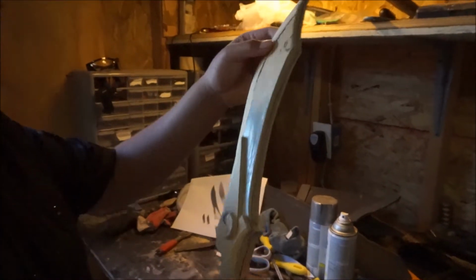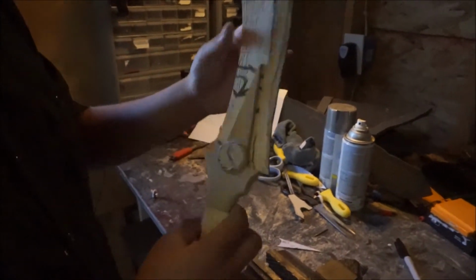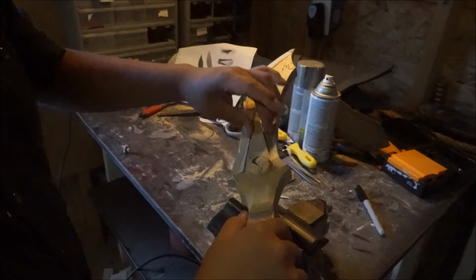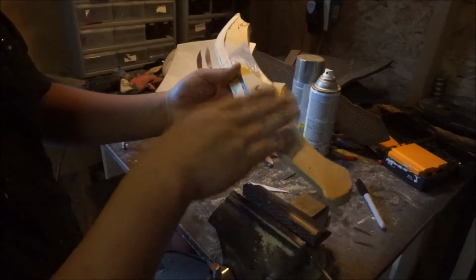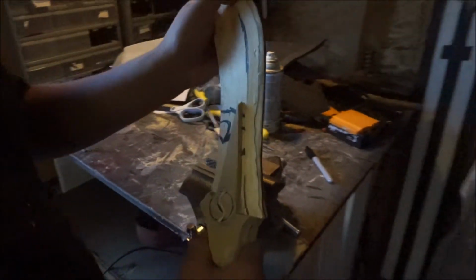Pause this on. Everything should be dry by now. Now I'm going to be doing the black version with the hexagon shapes. So what I'm going to do is spray paint all of this red, and I'll deal with all this later. For now I'm just going to spray paint all that red, but I need to wait for this to fully dry so I can...